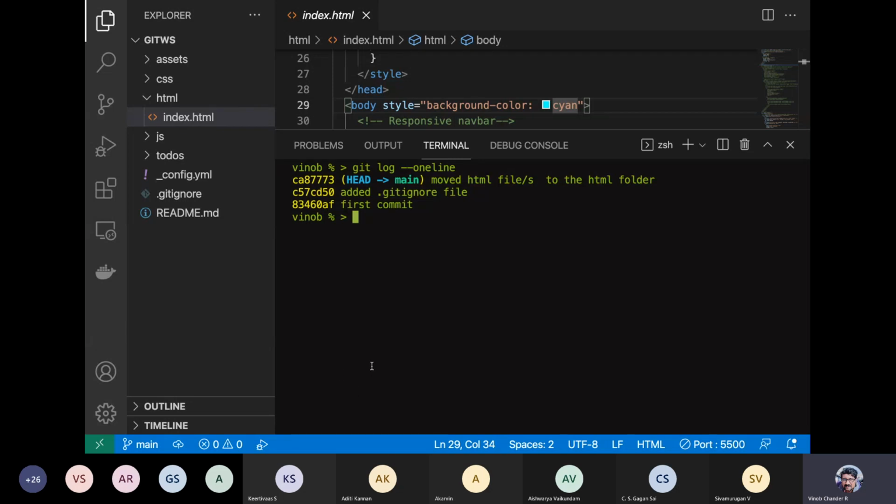Or even if you have a single master branch, you can move things around within the commits, right? So that is the entire idea behind rebase, right? So rebase is something like changing the order of commits within the particular branch or within branches, right?